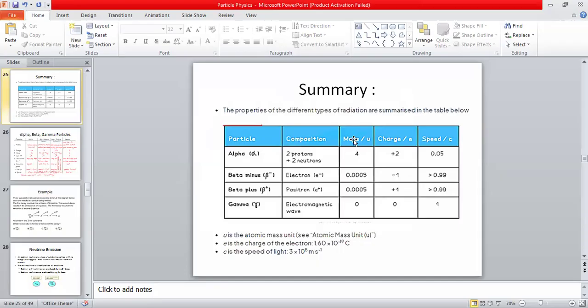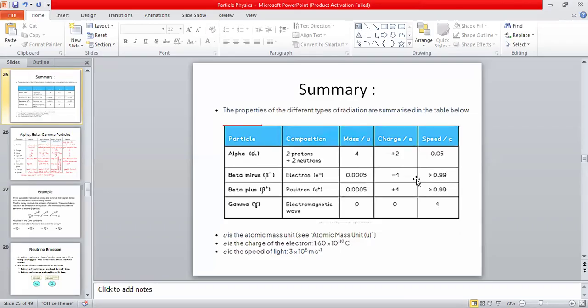and 2 neutrons. Their mass is 4 times the atomic unified mass unit. The charge on them is +2. Their speed is 0.05 times the speed of light. Likewise, beta minus particles are electrons. Their speed is 0.0005 times u. They have a relative charge of -1 and their speed is nearly near to